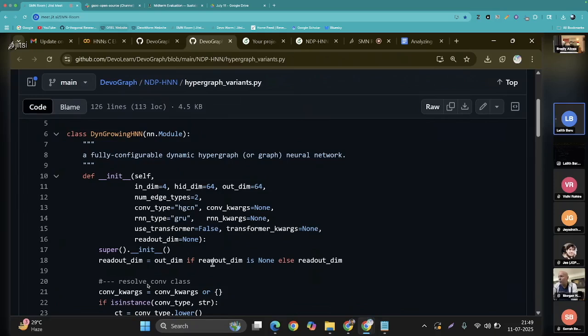The quick update from the previous week to this week is that I divided the multiple modules into a simple class which has a dynamic, growing hypergraph. Here I have integrated 3 main crucial components, which I thought I would need in the future.